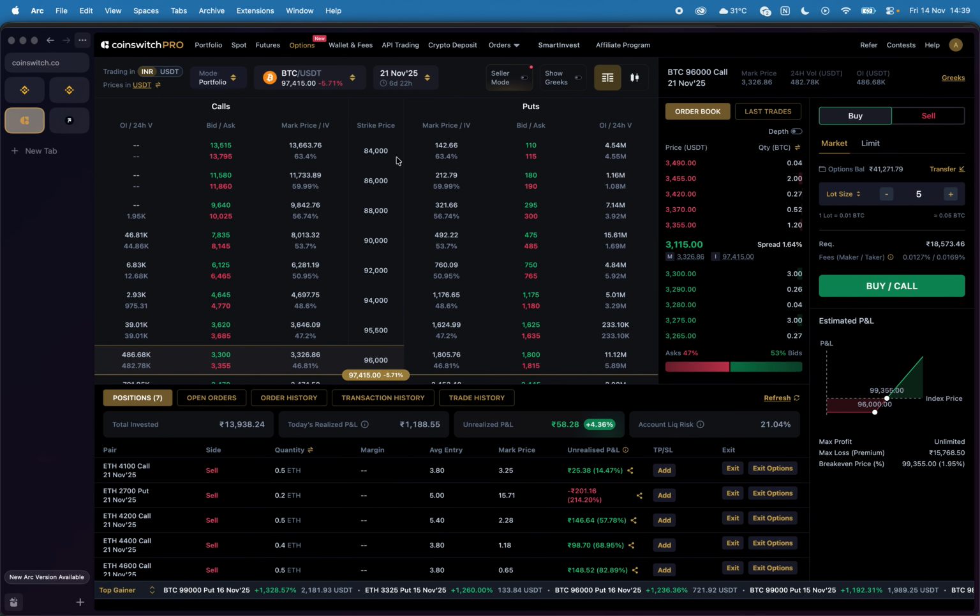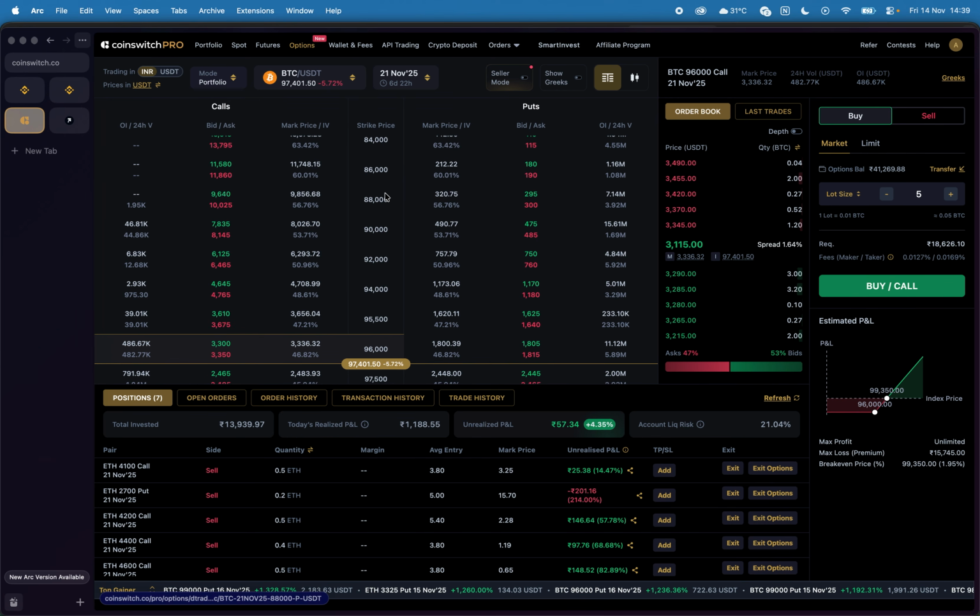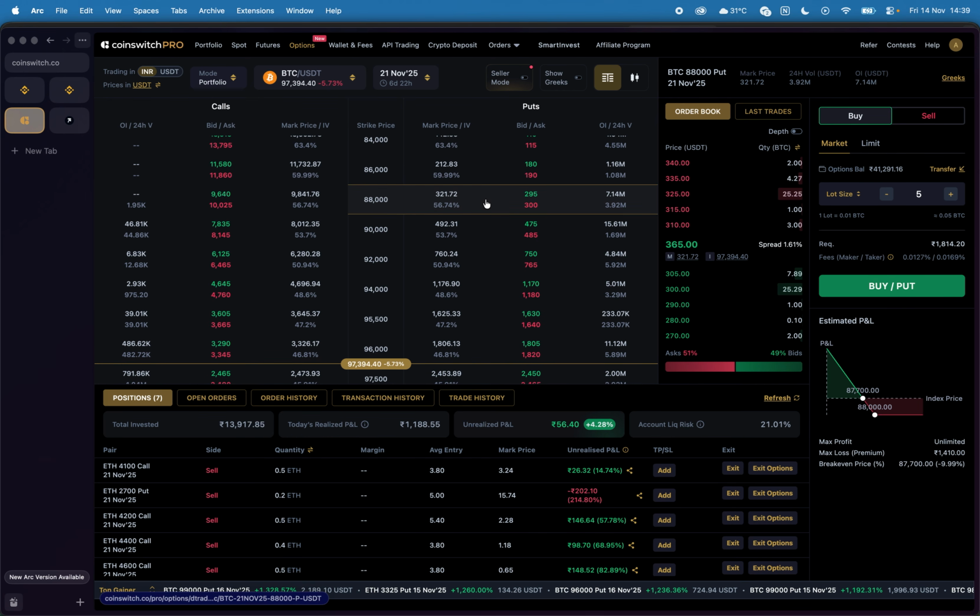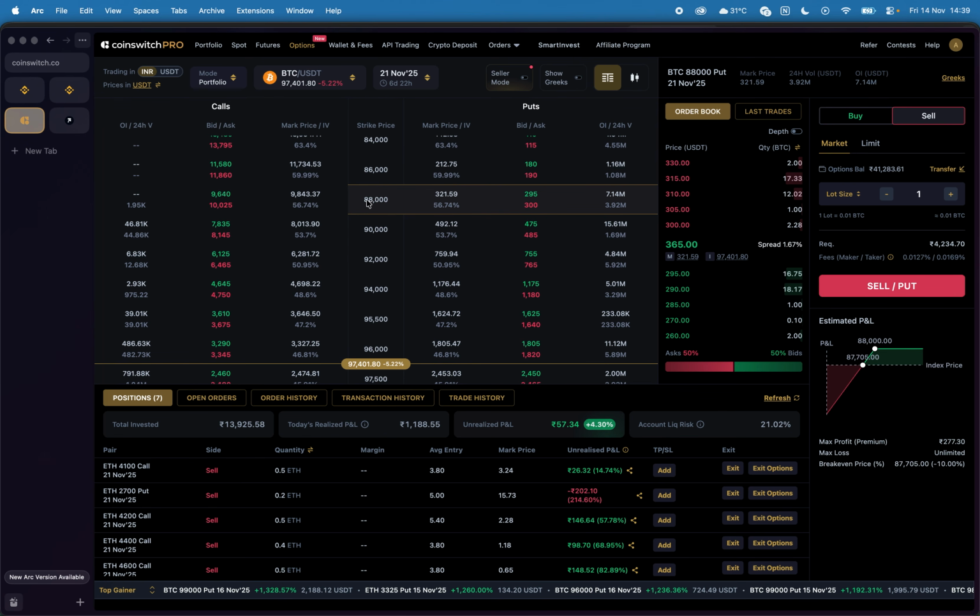So we said the price is going to be above 88,000, so we can click on that 88,000 in the option chain. All the puts are on the right side and all the calls are on the left side. If we sell the 88,000 put, we express the view that the price is going to be above 88,000. When we sell this 88,000 put, which is priced at 295,